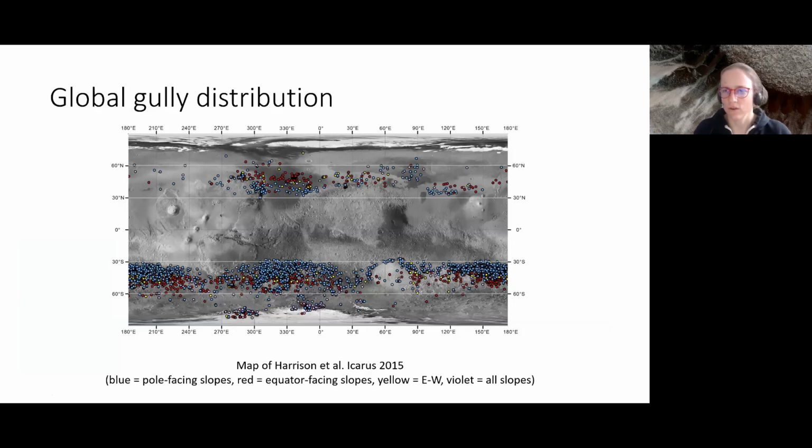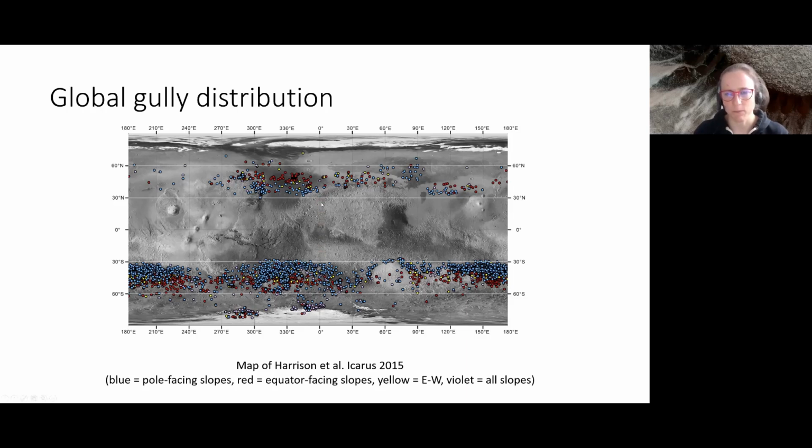So this is the most complete picture we have of their distribution. This is a survey done using 6 meter per pixel context camera images, done by Tanya Harrison and published in 2015. There's probably a few more gullies that need to be added and maybe a few that need to be taken away, but more or less this is the most complete picture we have. And so there are thousands and thousands of these gullies across the Martian surface,